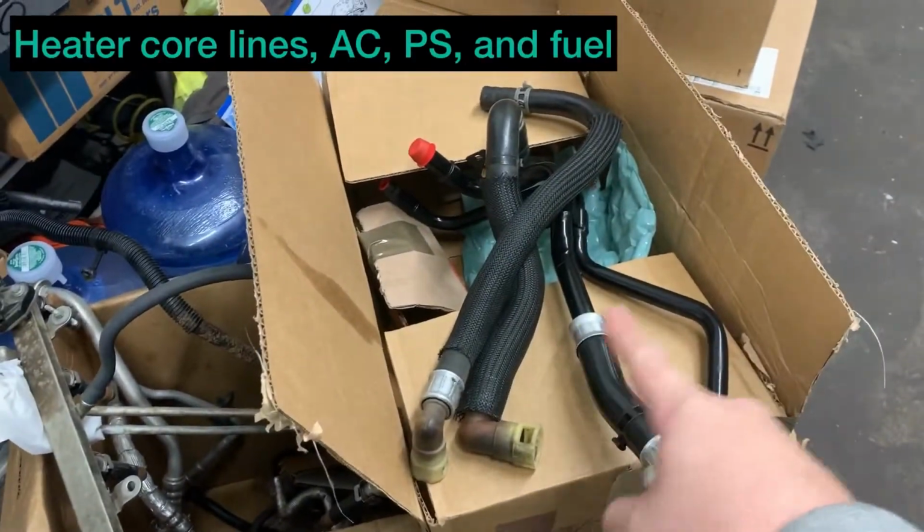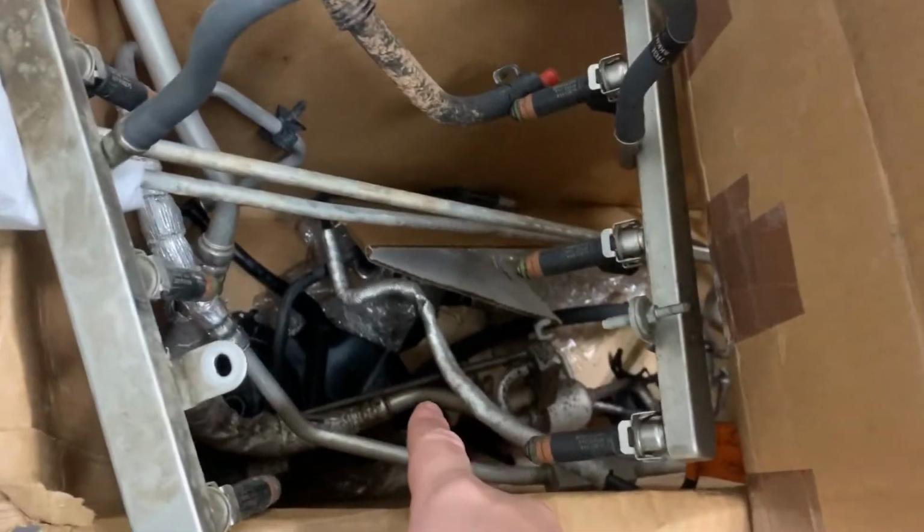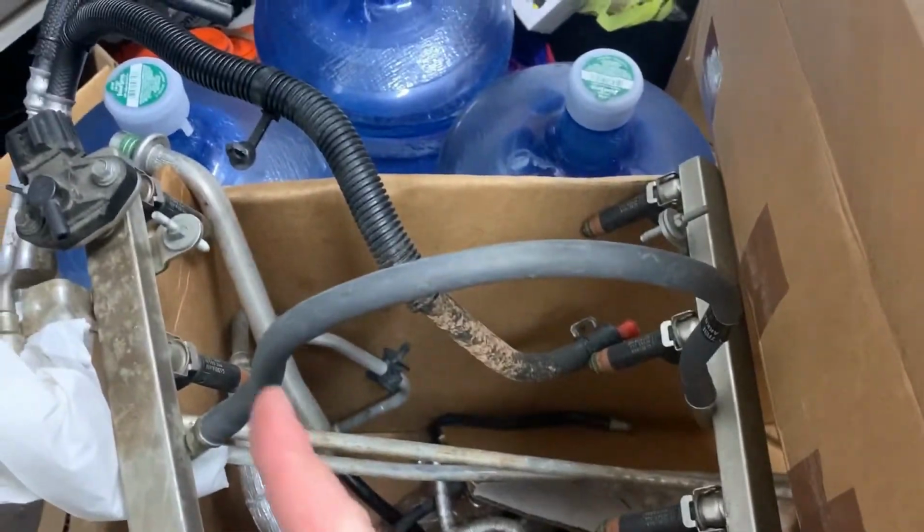All the heater core lines, fuel injectors, the whole harness, some AC lines,